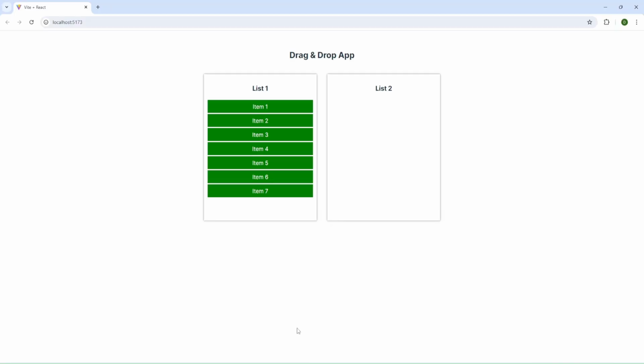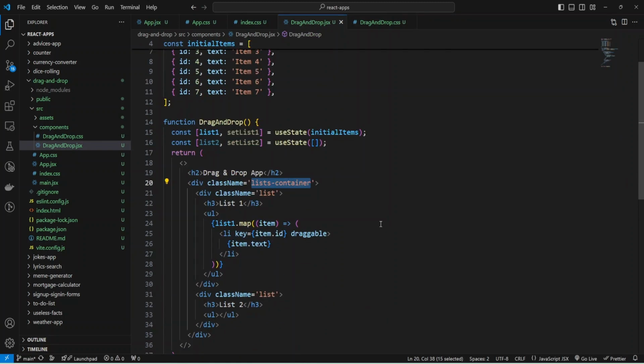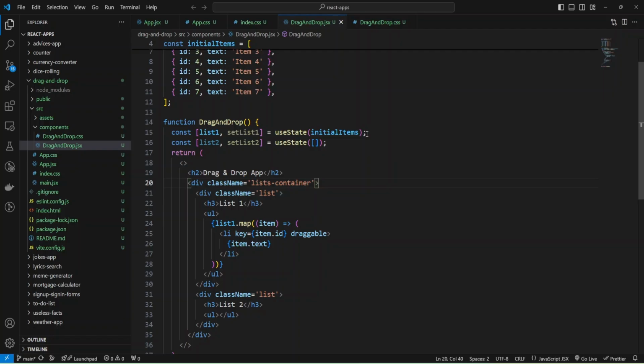Let's check. Okay, when I hover over the item, the background color is changing, and let's return to our component and build our drag and drop functionality that will allow us to place items inside list 2 and move them back.